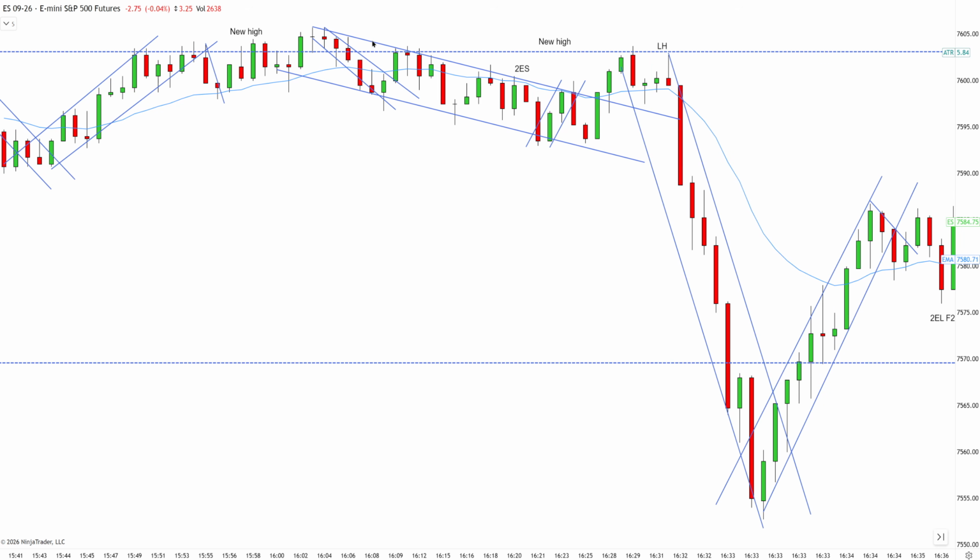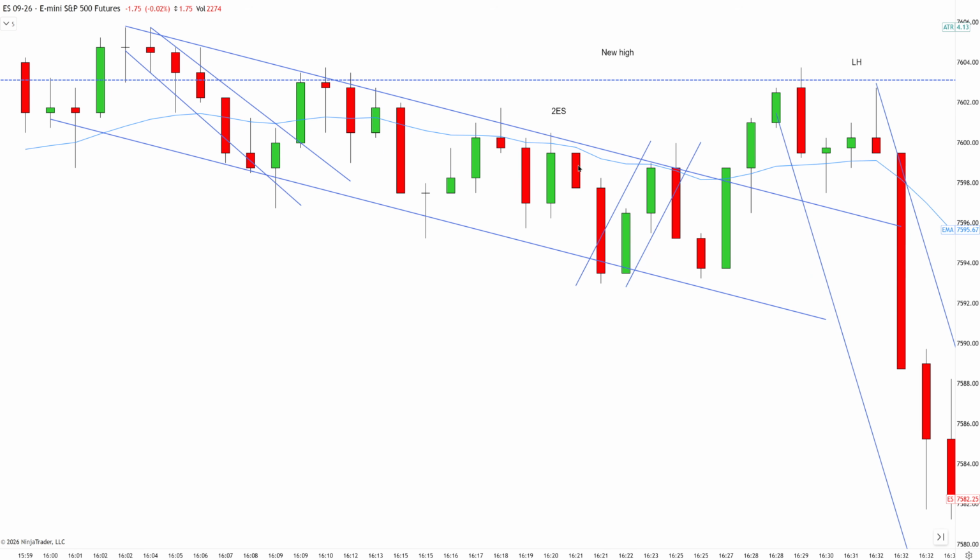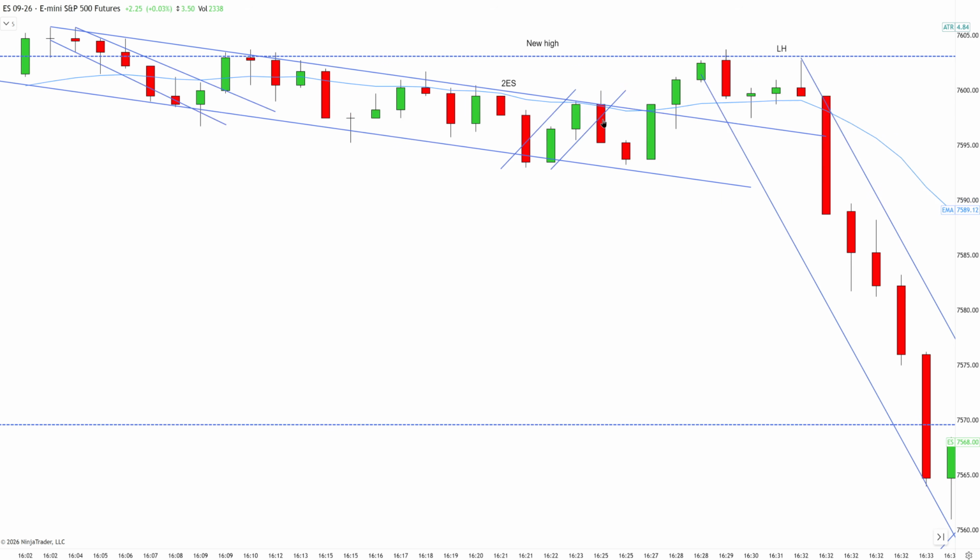Then you finally have some confirmed downtrend where you can start to look for second entry short. You have a second entry short here, but this signal bar is an inside bar, so you can't take the inside bar right here. Then you need a lower high below EMA. You have a lower high above the exponential moving average, however, so you need a failed second entry long below EMA to